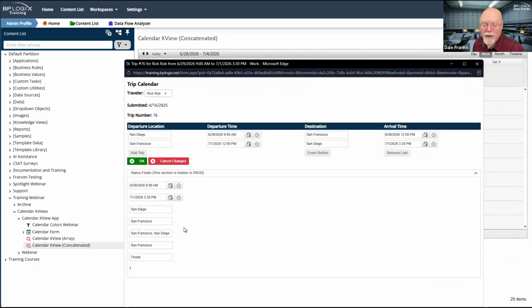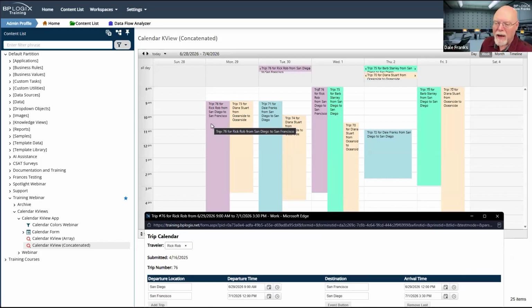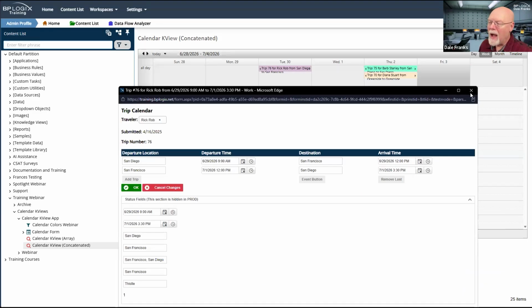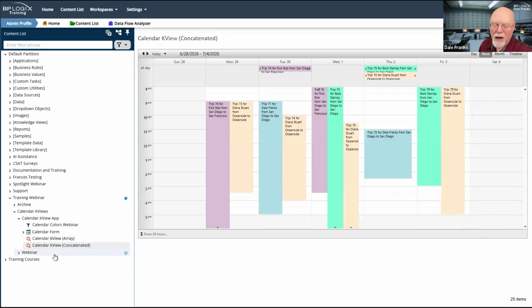We have all of this concatenation stuff here, which requires a little bit of wizardry to concatenate the two array rows into a single value that can make a calendar appointment that stretches from 9 a.m. on Monday to 3:30 p.m. on Wednesday. So we'll now have to go and take a look at how that is done by looking at the design of our form.